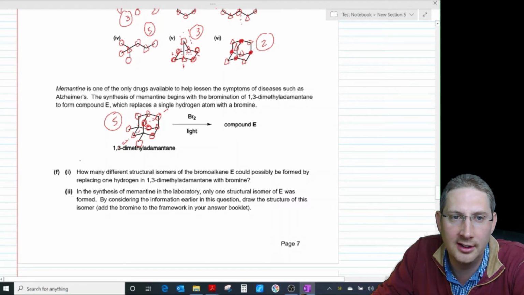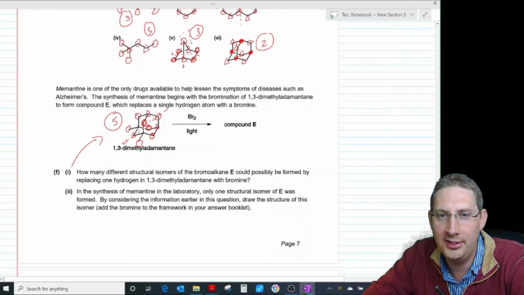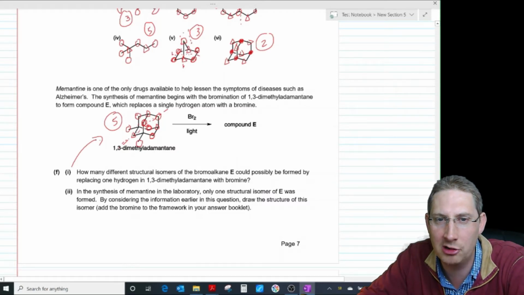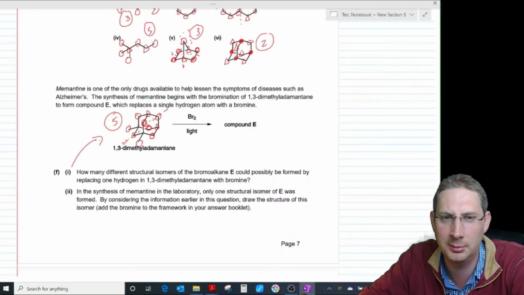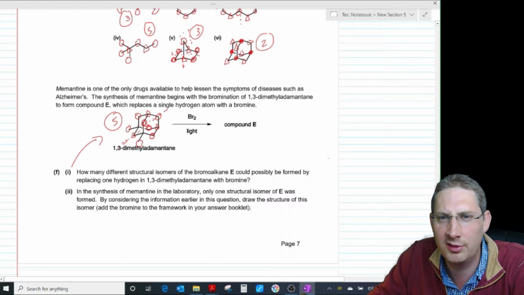So I think the answer to that is 5. In the synthesis of memantine in the laboratory, only one structural isomer of E was formed. By considering the information earlier in the question, draw the structure of this isomer, add the bromine to the framework